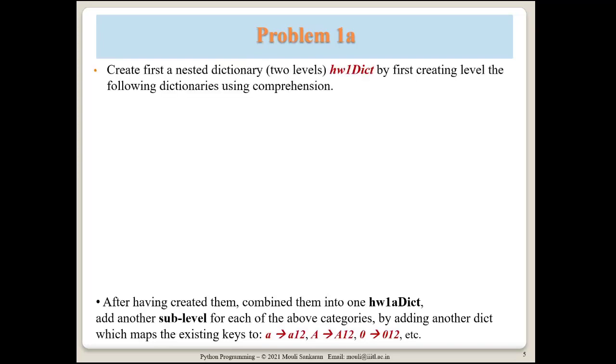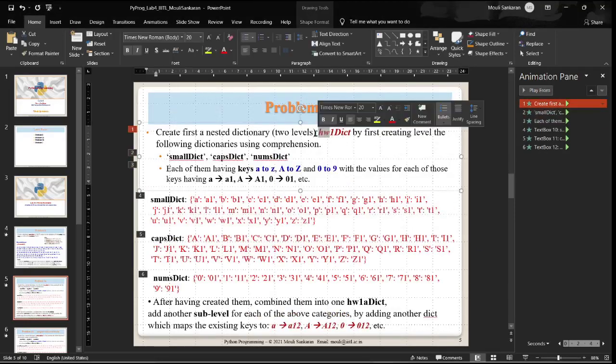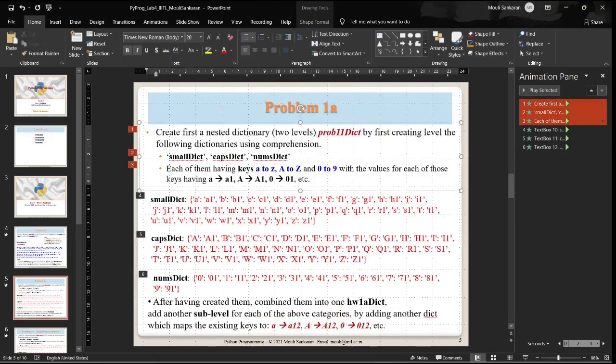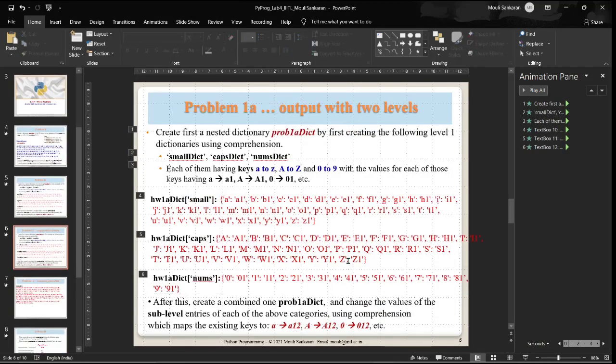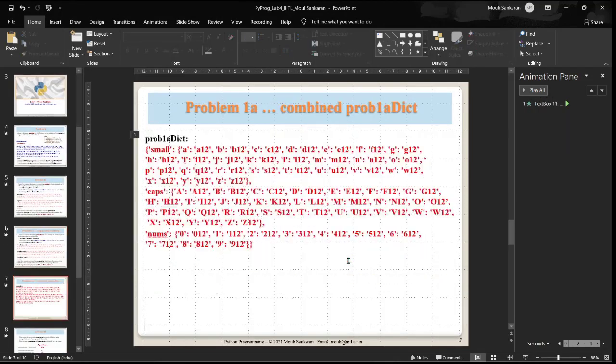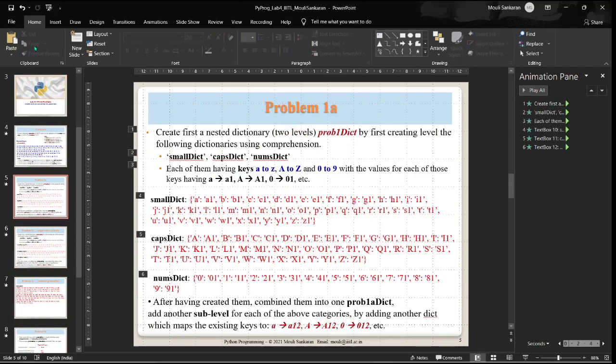Now next one is, one second, I should call it as prog one. I am calling it as a prog one. Let me see if any other correction is required. So now